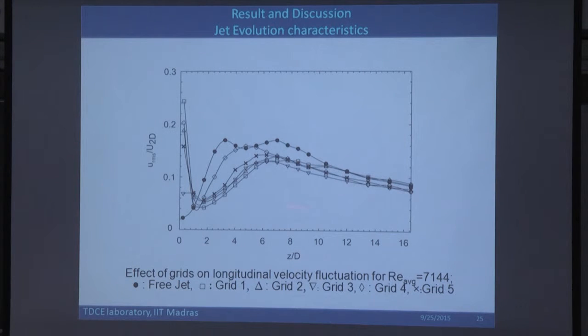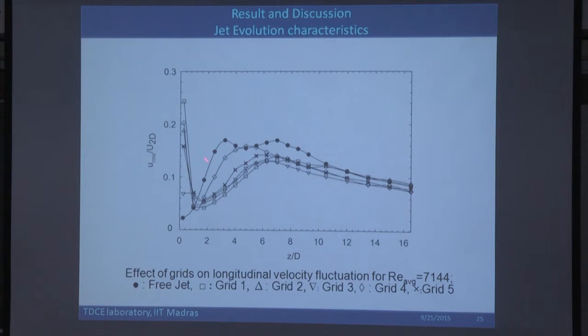So this is the axial variation of the URMS component, the velocity fluctuation. The velocity fluctuation seems to be very large near the grid because of the presence of the grid, because the grid essentially produces turbulence. So there is very large turbulent intensity near the grid. Then gradually it comes down. Then this is the place where all the streamlines merge together and start developing as an original jet. So from here onwards, it's actually a normal jet.